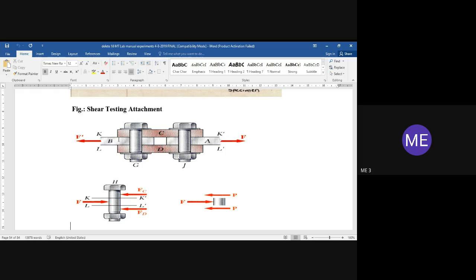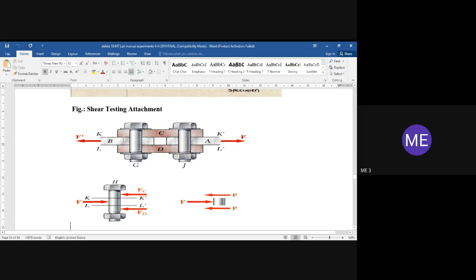For that you are using plates C and D. Plates C and D are used for joining plates B and A. Our aim is to join plates A and B. For that you are using two more plates, C and D, and two bolts. You can see here this is one bolt and this is one more bolt. The number of bolts is not important; there may be a set of bolts. So now you can see here